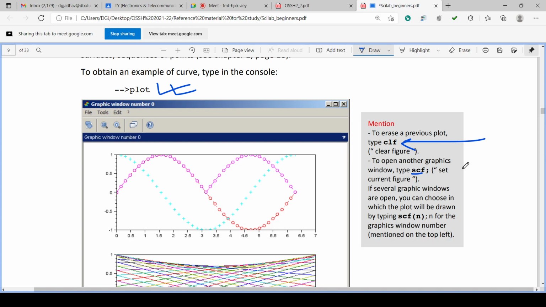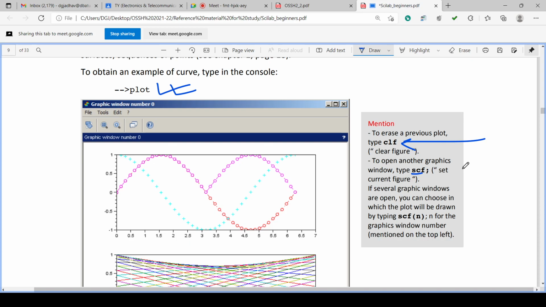Suppose there are 1, 2, 3, 4, 10 different graphics windows, and suppose in the 7th graphics window you have to add one more graph. You can set the current figure. If you give scf(7), then that will select the 7th graphics window, and if you plot after that, the plot will go to the 7th selected graphics window.